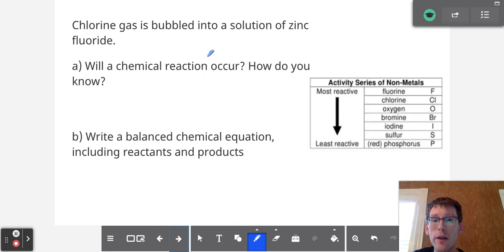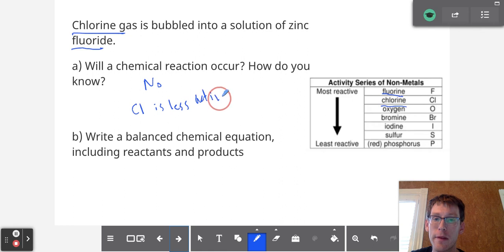Next, we're going to consider the possibility of anionic single replacement, where we have a nonmetal chlorine that may or may not displace the nonmetal fluorine in zinc fluoride. As I look to the activity series, I see that fluorine is more active than chlorine, and so a reaction will not occur. So no, a chemical reaction will not occur because Cl is less active